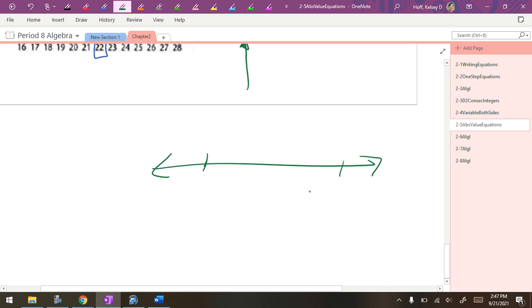Oh, yeah, he's saying if there was a point at -7 and -17. What's the middle? What would the middle be? -12. Okay, so you'd write the absolute value of x minus